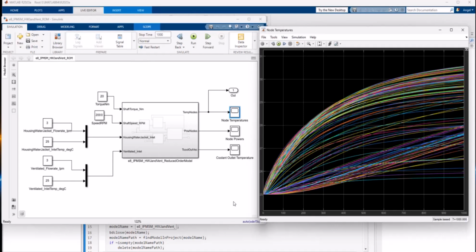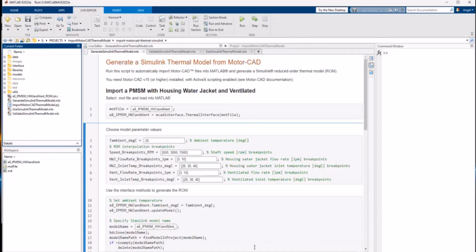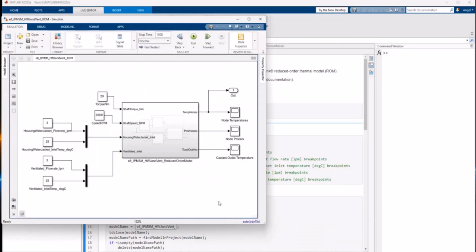Wow, Angel, that was very quick to generate those results. So when you ran this simulation, did it require MotorCAD to run in the background, or are we now free from using MotorCAD? That's a very good question. Actually, no. Once we have run this script that generates the model, this model is completely standalone. You only need MATLAB and Simulink to run it.